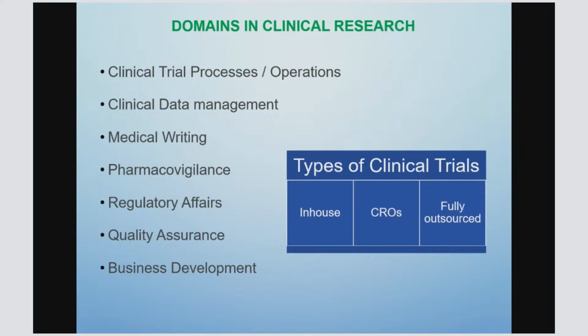Medical writing, because you have so many regulatory documents which are involved in this clinical trial: protocol, IB, ICF. So there are many documents which are required, the annual safety update reports, the development safety update reports, and so on and so forth. Pharmacovigilance, we are looking at the safety and efficacy of the drug. Regulatory affairs, we are looking at the regulations for getting approval of the trial, for getting कोई भी प्रोटोकॉल अमेंडमेंट्स है तो उसके लिए क्या करना चाहिए, साइट रजिस्ट्रेशन कैसे करते हैं, थिंग्स लाइक दैट। Quality assurance,